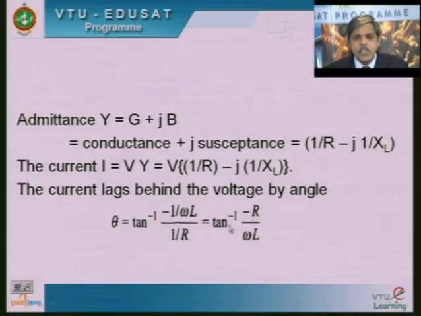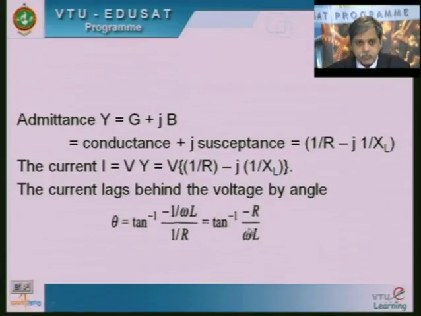Now, if you see the same angle for the impedance, I could have written theta is equal to tan inverse omega L by R in the case of a series circuit. But in the case of a parallel circuit, the angle will change because of the parallel combination. Here, parallel combination means that instead of XL I will be taking susceptance B, and instead of resistance I will be taking conductance. Because of the reciprocal nature, the angle here will become tan inverse of minus R by omega L.